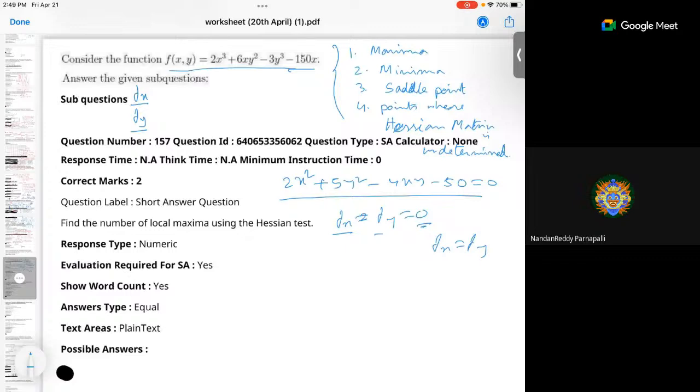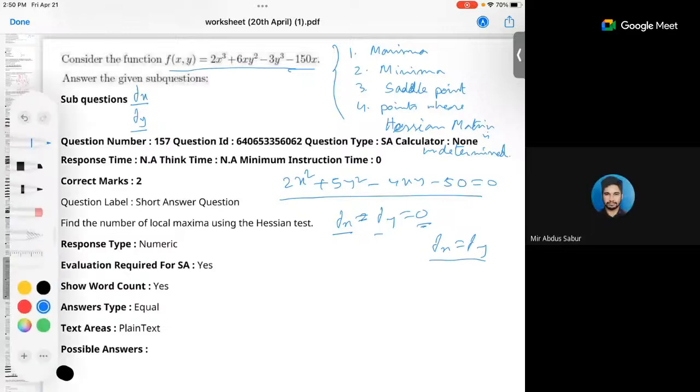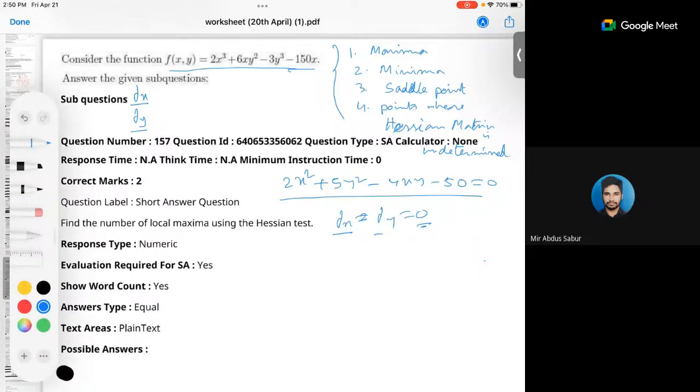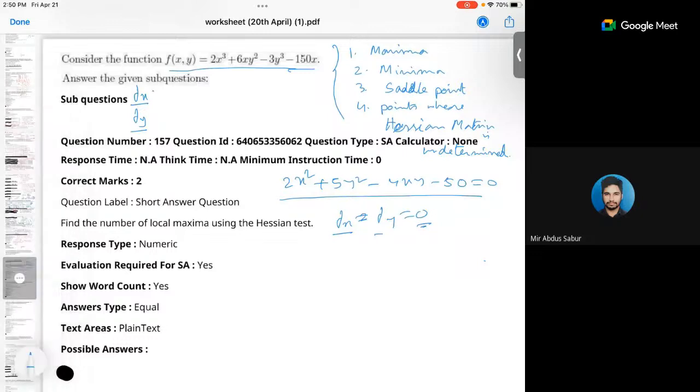To find the solution this way, it will be tough. Yeah, that's where I'm stuck. You do not need to do this. The basic idea is to equate one of them to 0, and the solution you get, check in the other one, and you will get the exact solution. Now first find fx, fy. Fx is equal to